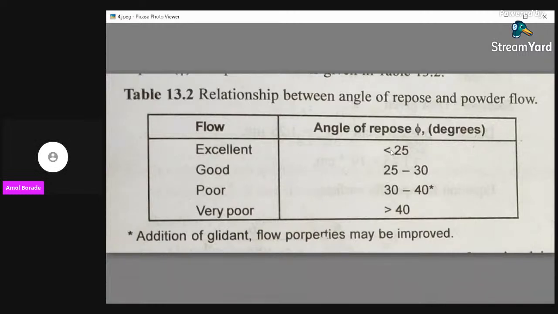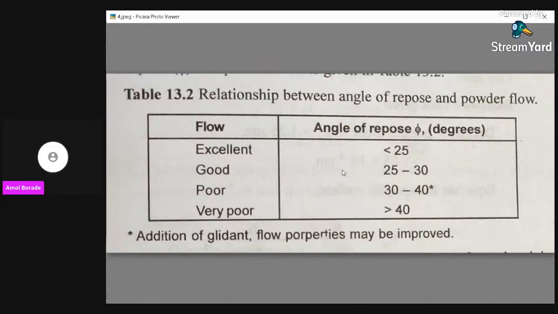You can always keep this table in your mind: 25, 25, 30, 30, 40 and 40. These are the values for that. What we want is lesser than 25. Lesser than 25 degrees of angle of repose is needed, is desirable. Now further,